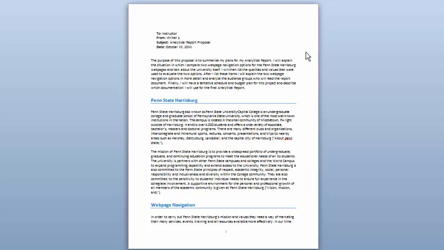So if we look at the proposal that we're going to review as a sample in this video, right away you will notice that although the proposal does share many of the same features as the more formal analytical report, it is a less formal document and does not include all the front matter and full-scale design elements found in the analytical reports. Note, for example, that it doesn't have a title page, but instead it has a memo type heading. Likewise, it doesn't contain any table of contents or front matter,